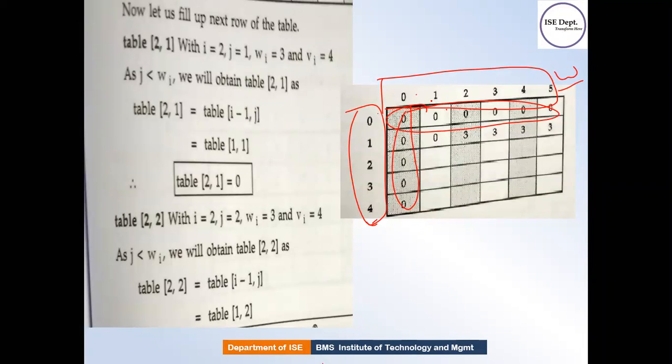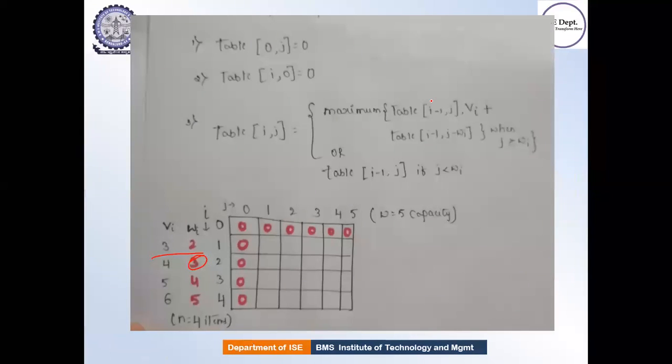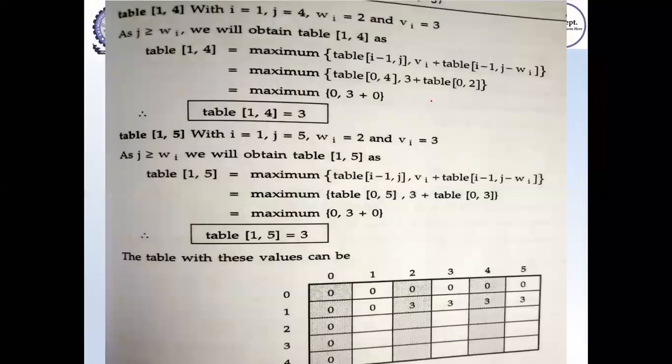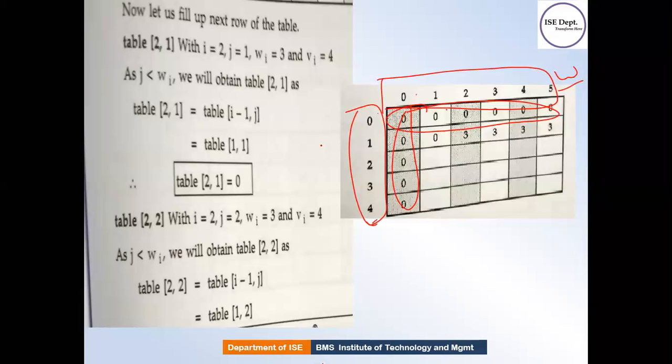This is done. Next, you should remember the respective weights also. Weight is what? 2, 3, 4, and 5, right? So I'll write down here 2, 3, 4, 5. So now this is a weight. Also, you should observe the weights are arranged in increasing order. That also you should remember. It should be arranged in increasing order.